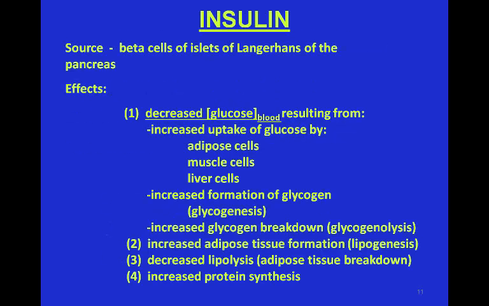So we're going to talk about the beta cell product first, insulin. If you look at the effects of insulin, again, you could get overwhelmed by that little list. But first look at numbers 1 through 4. Those are short little descriptions, and then we'll go back and look at number 1 in more detail. The insulin has an effect on all three of the major classes of nutrients: carbohydrates, fats, and proteins, similar to cortisol, at least in that way. The effect of insulin on the blood glucose is that it decreases it.